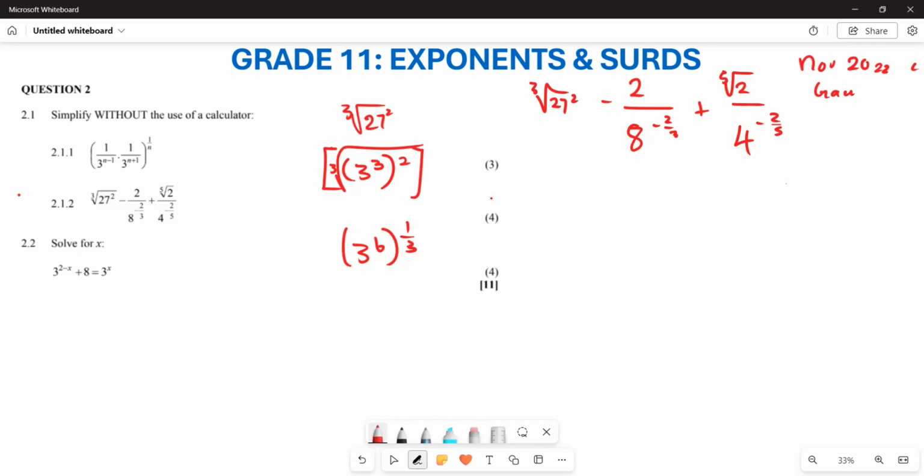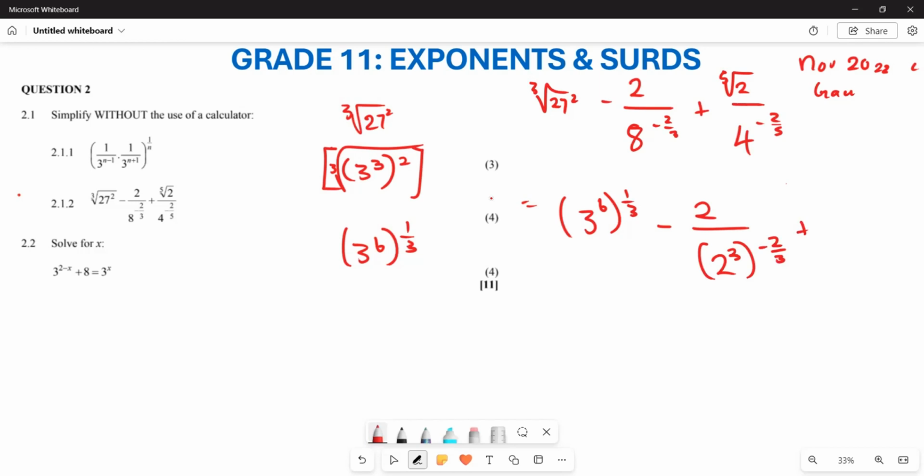Okay. So basically, this is going to be that. So which means here you can still write this in terms of your what? This is going to be your 3 to the power of 6 close bracket 1 over your 3. Subtract, what else are you going to have? What is going to be this 8? So this is going to be 2 over your what? Remember, you know that your 8 is 2 squared, or rather 2 cubed. So this is going to be 2 cubed. Subtract 2 over what? Over your 3,